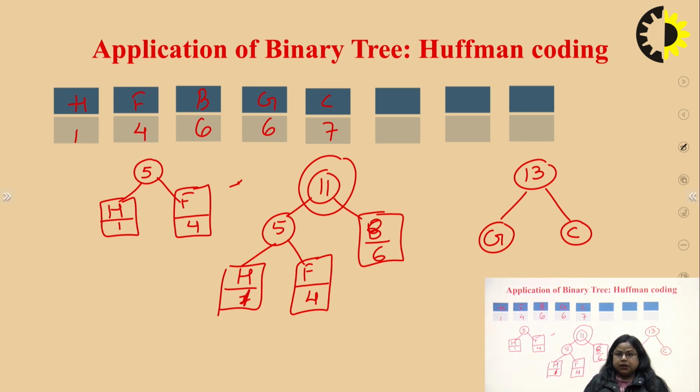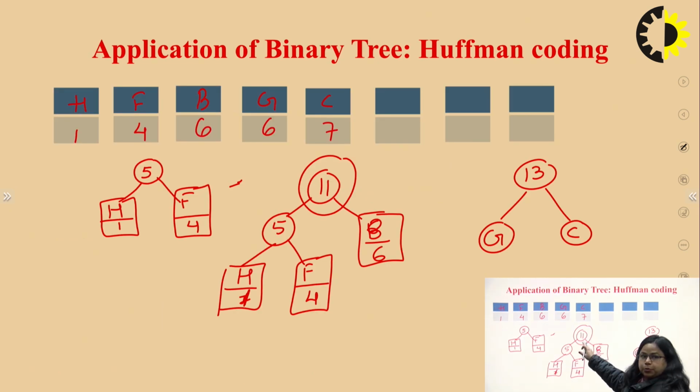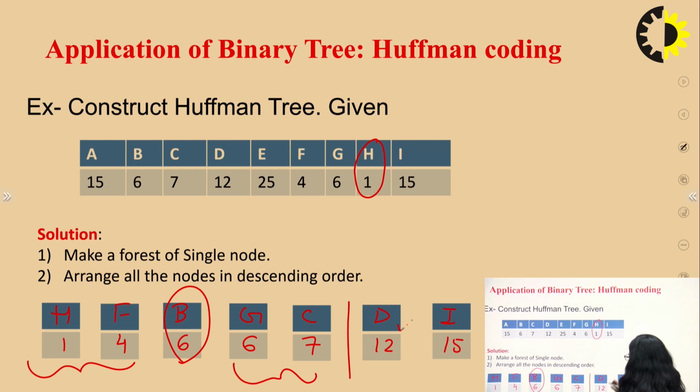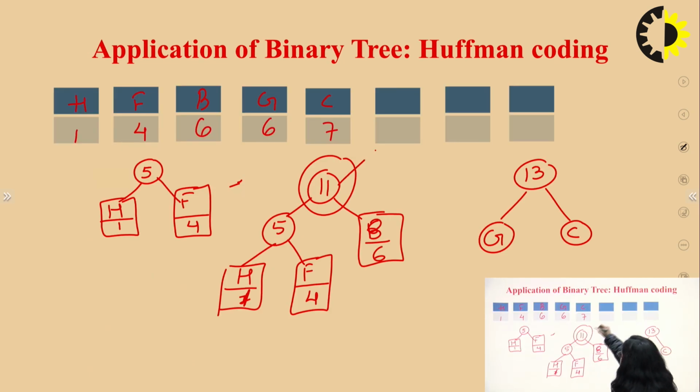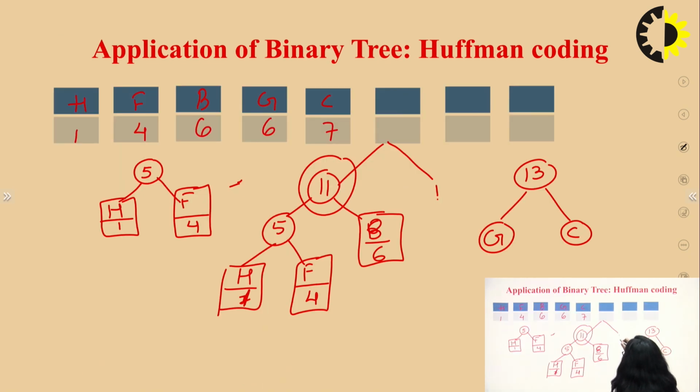Similarly, after containing this, we came to know that D has a weight of 12 and this one is 11. In this case, we have to combine the next tree. We have to combine this particular tree with the weight 12, right? 12 is for D, right? So this becomes D, and after combining 12 plus 11, it becomes 23. So we have to write 23 here, right?